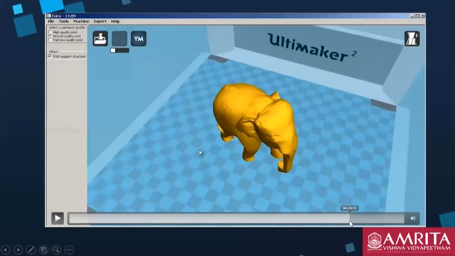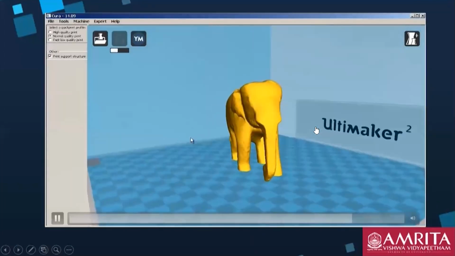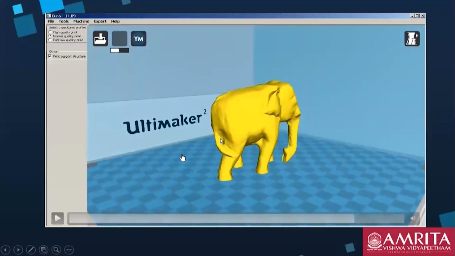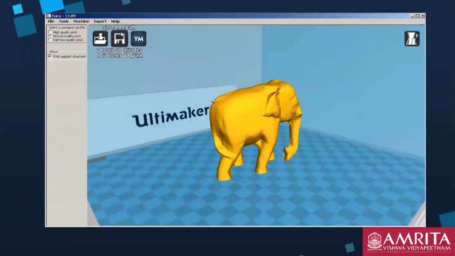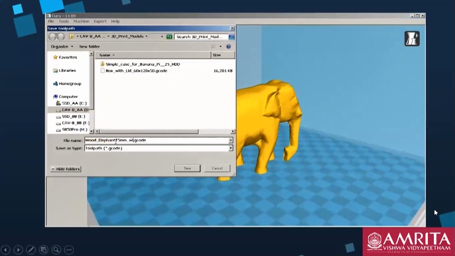Now you can see this Ultimaker printer. It is the same software I have shown you. If you see carefully, it is Cura 14.09. I've shown you Ultimaker Cura software, right? Where I have set the chess pawn. Similar to that, they have used this elephant, modified it, and they are using it to print the same antique elephant over here, but in different sizes.